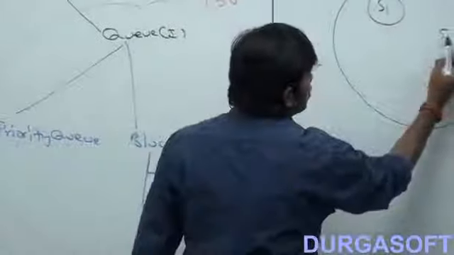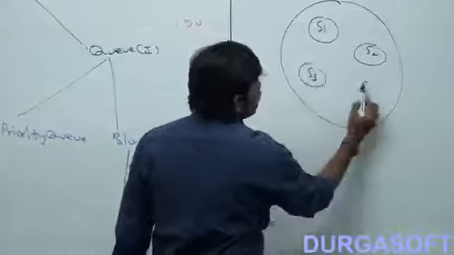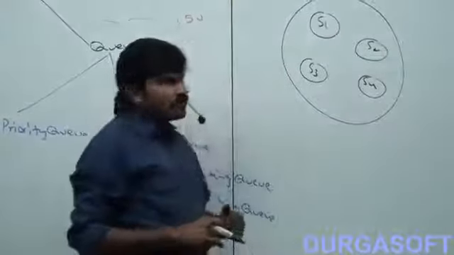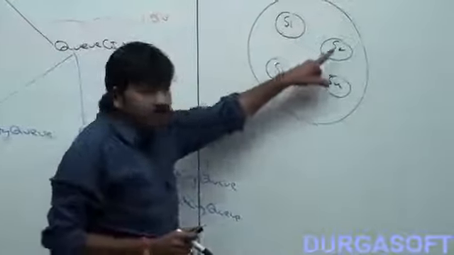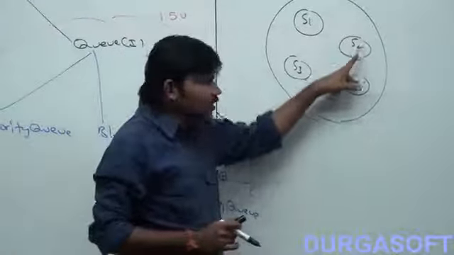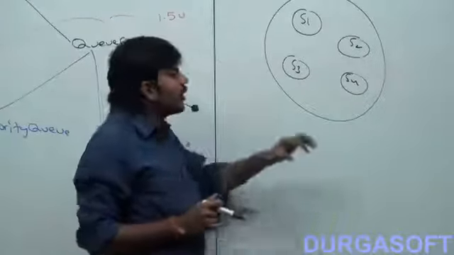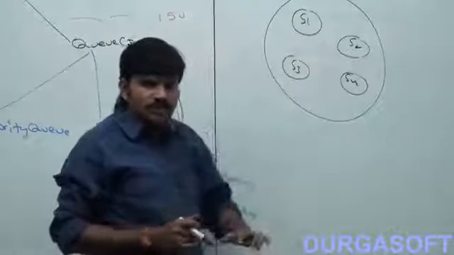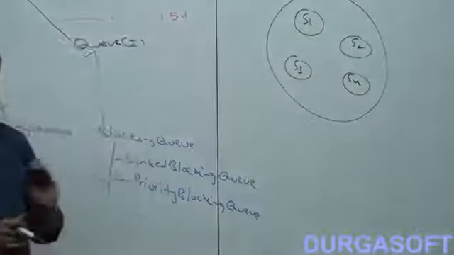Are you getting it? Suppose I consider a group of individual objects: first object, second object, third object, fourth object. Have you observed? There is no link between this object and this object, and this one and this one. If you want to represent a group of individual objects, then all these interfaces are best suited.